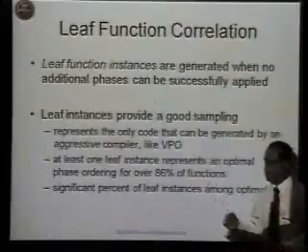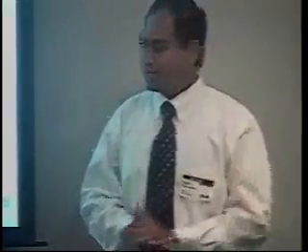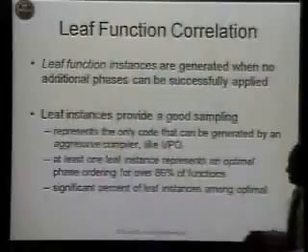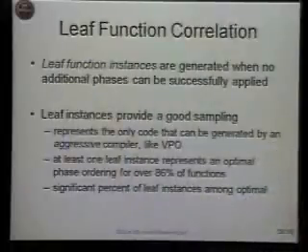And therefore, it was important to us to see what is the best leaf performing function instance. At the same time, leaf instances generally give us good performance. This is understandable because leaf instances are generated when you have already applied a bunch of optimization phases. And optimizations are typically geared to improve performance, and so applying more of them should give us better performance. We found that for over 86% of the functions, there was at least one leaf function instance which was optimal.